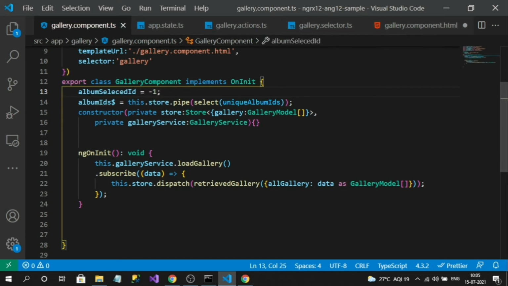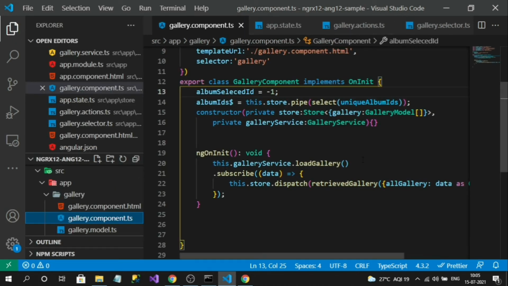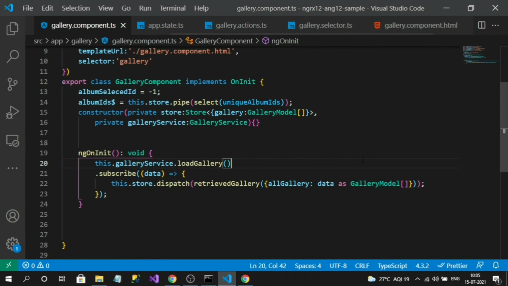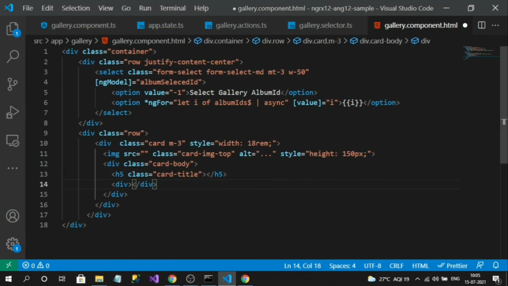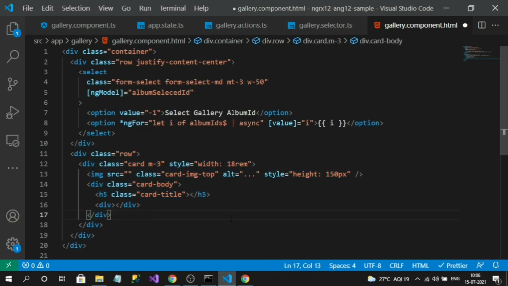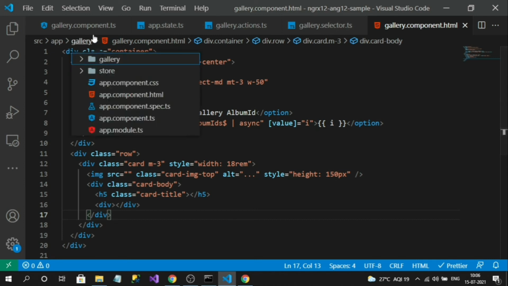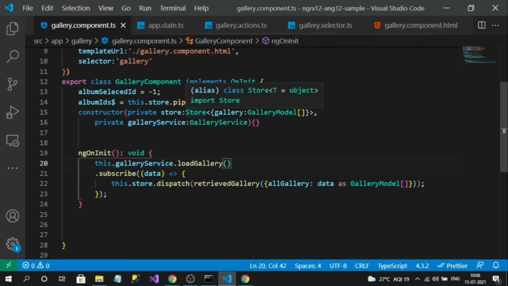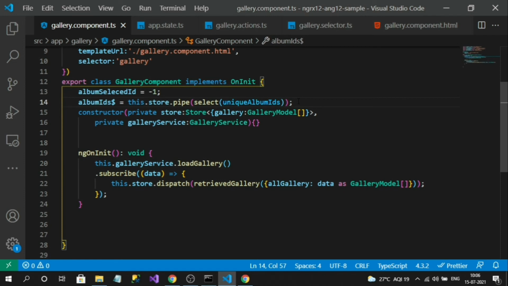Okay, -1 initial value, and let's create our cards as well to render the entire album data. Okay, so this is my Bootstrap card styling. Now I am going to render my data to this element. So for that, first I need to load all my albums into my component. So to do that, I need to create one more selector like